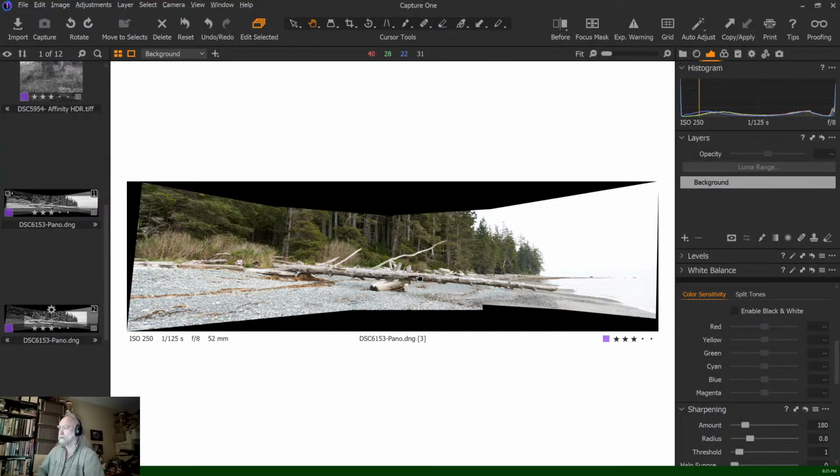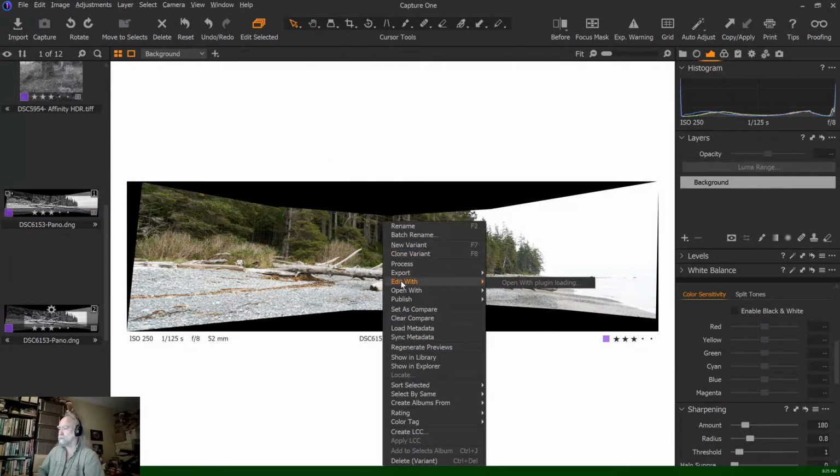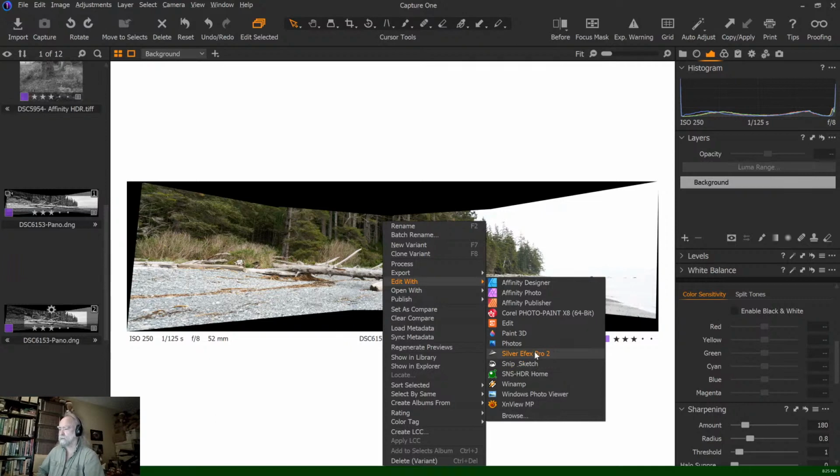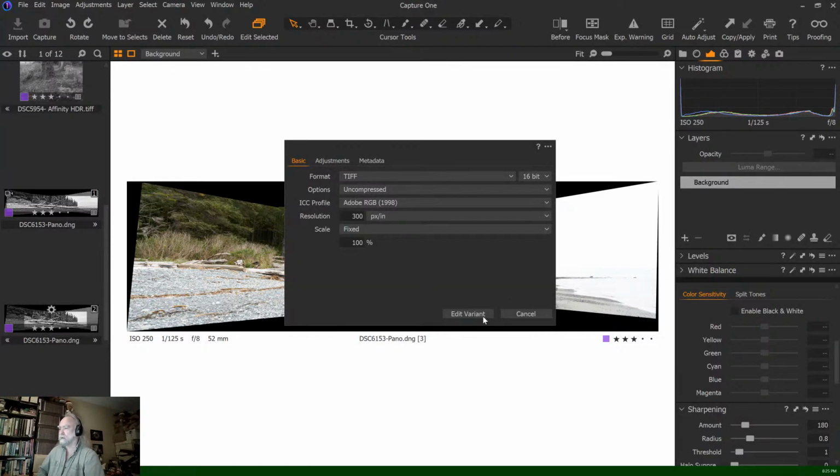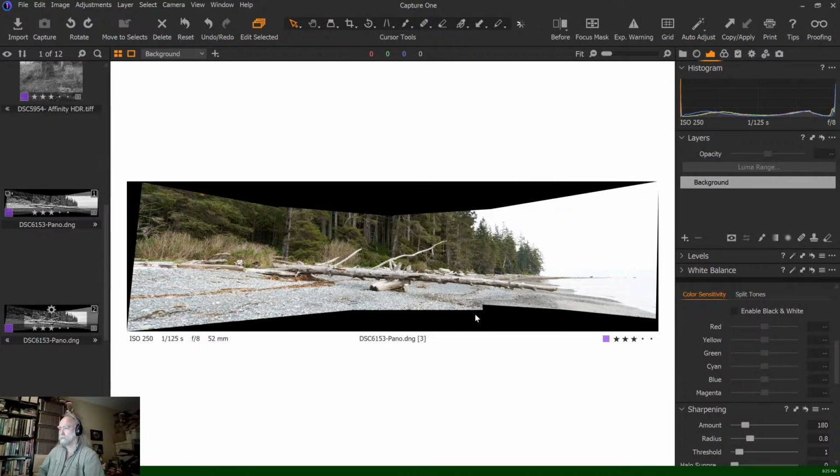But what we're going to do is right click on it, and edit with, and go to Silver Efex Pro 2. Now, Silver Efex Pro was originally made by a company called Nik Software, N-I-K, and then Google bought out Nik Software and made the suite of software free. And then DxO bought the Nik Software suite from Google, and they revamped it, and they now sell the updated version